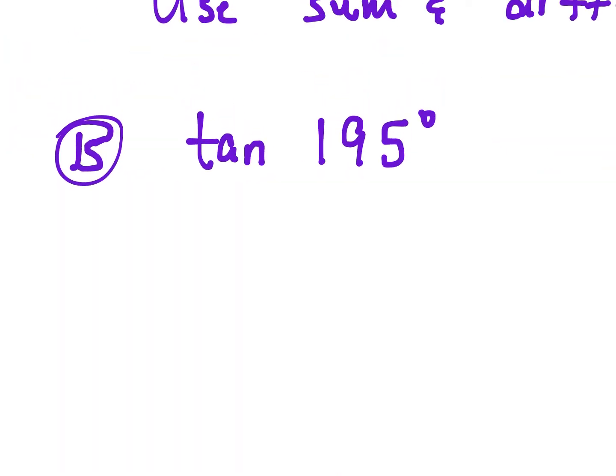So what are 2 numbers that add up to 195? 2 numbers on the unit circle that add up to 195. 150 and 45. So my u is going to be 150 and my v is going to be 45. So the formula that I plug it into is going to be tangent of u, so tangent of 150, plus tangent of v, which is 45,